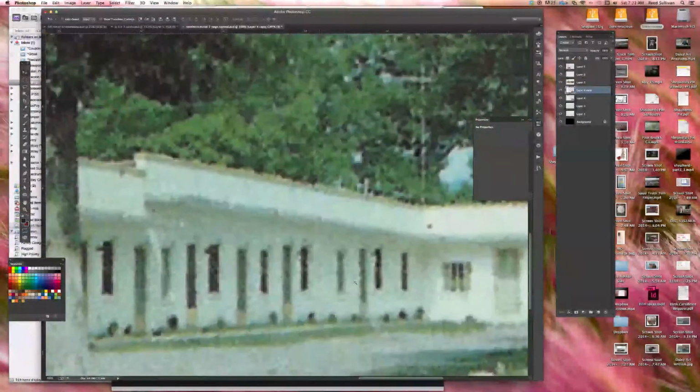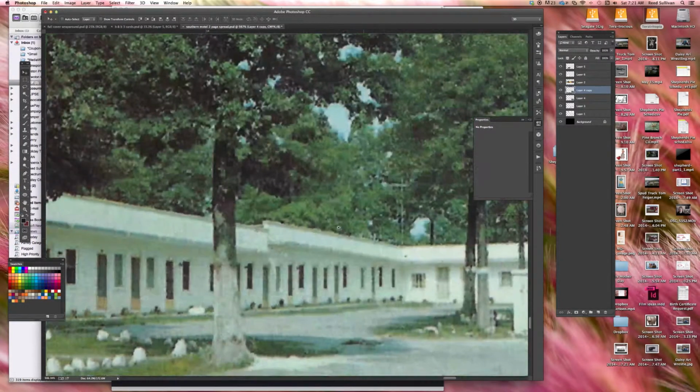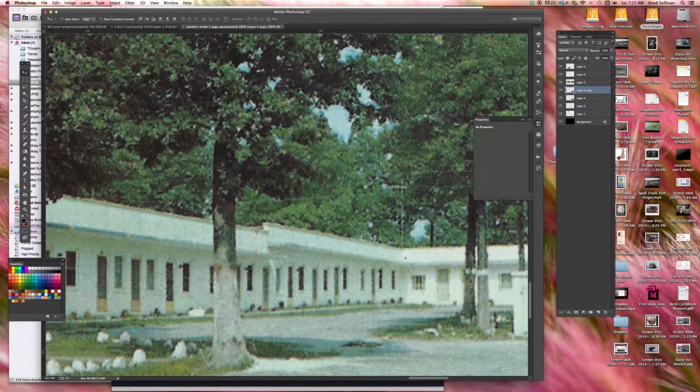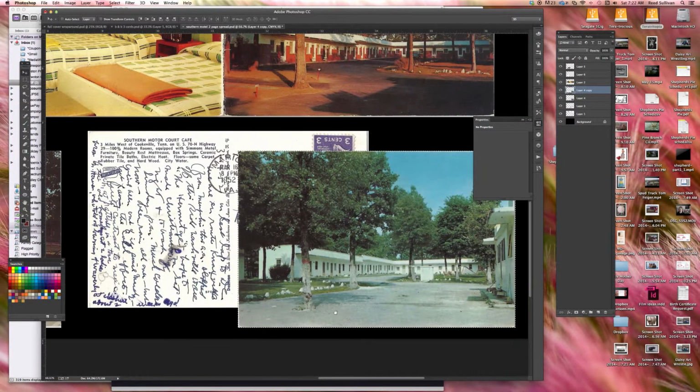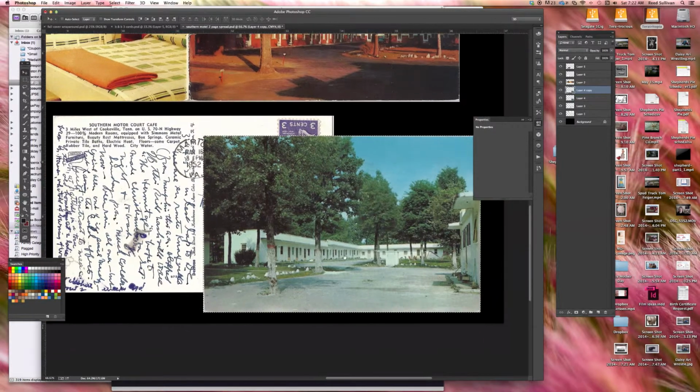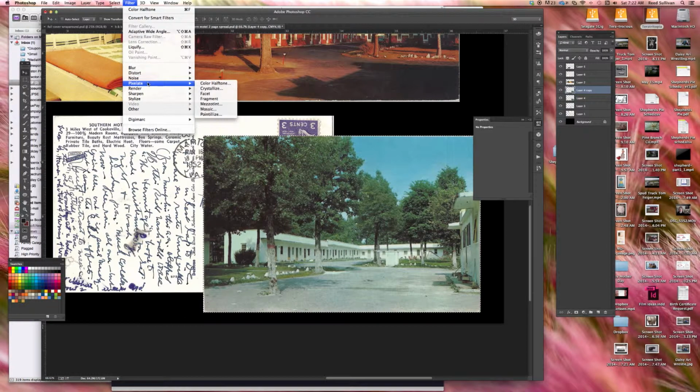So let's look closely at this, and you can see a grid of spaces where the color seems to be blocked into little segments. The reason we're seeing that is because it's comprised of many different colors that are making up what looks like one color. But this is what happens when you create a halftone of that. Halftone meaning you have converted it into dots of many colors. Now, the halftone filter